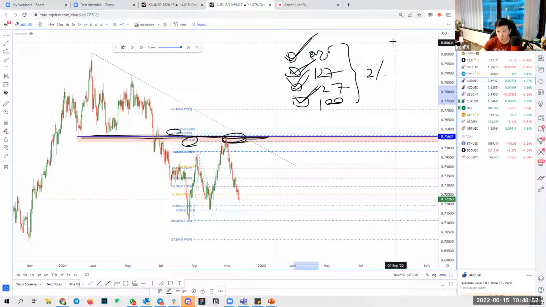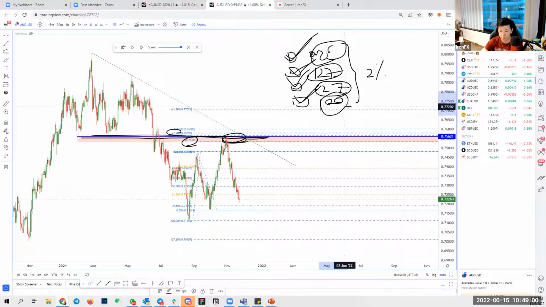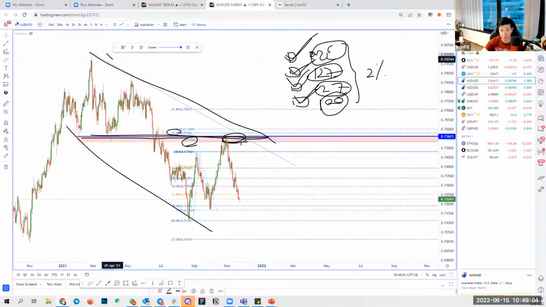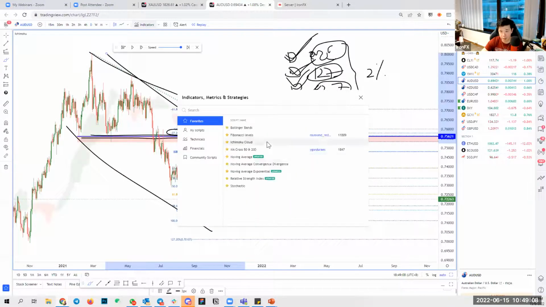And today I've shown you how to use the overlap and the pullback. Over time, I'll be showing you the Fibonacci extensions, the Fibonacci retracements, the Fibonacci projections. I'll be showing you how to use trend lines, how to use channels, how to use Ichimoku, and how to use indicators like the